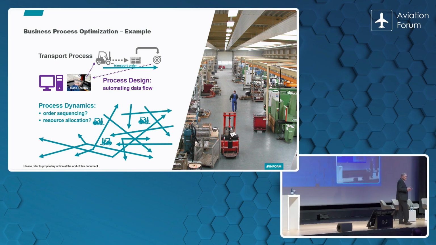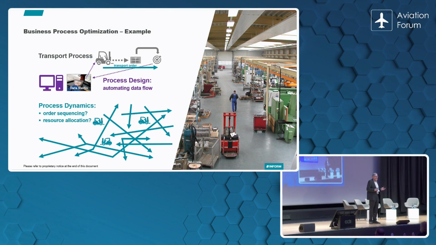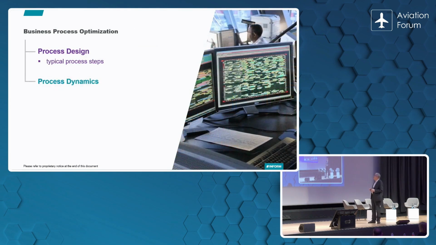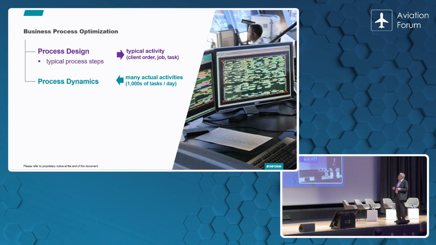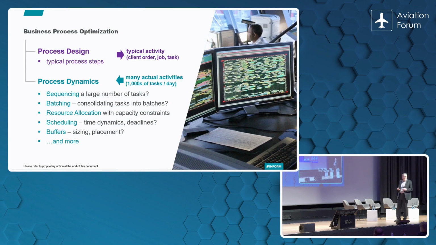process dynamics. Process dynamics is the second dimension of process optimization, and it deals with the fact that we've got not just a single, in this case, transport job that follows this process, but a multitude of transport jobs. So more generally, if we talk about process design, we look at a typical activity, a job, an order, or a task, and how this should be effectuated. But if we have many actual activities, like thousands of tasks per day, then it becomes important,